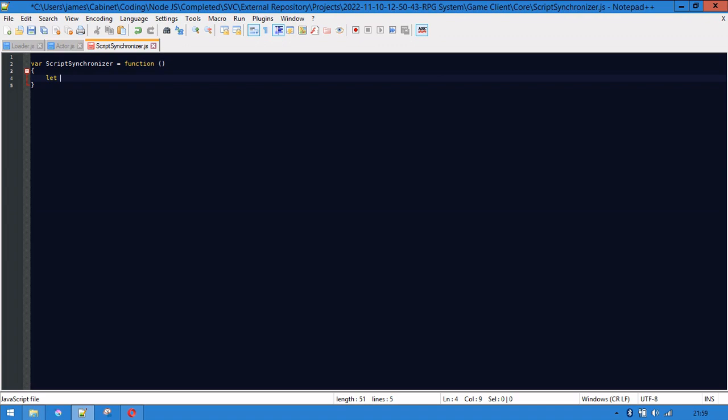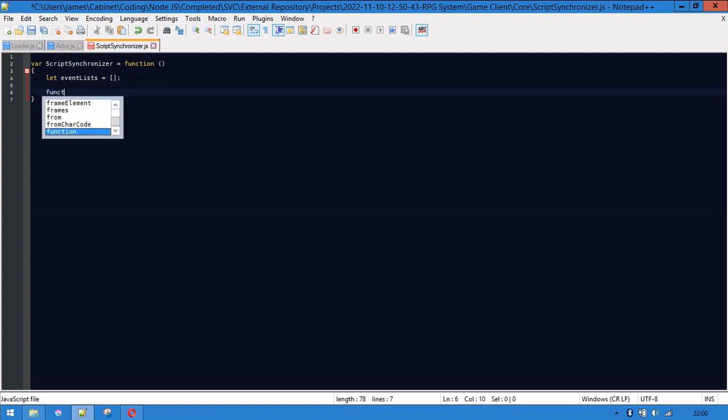So the way I'm going to do this is to have it sort of like an event system. So when you send information to the event, so you could send all the files you want to load, it would just go through the list and knock off each one of the events. So that event list equals an array. Then I want to go function add script loader,